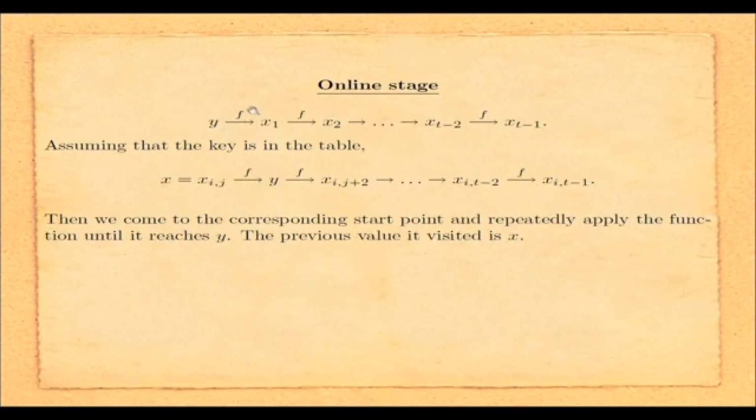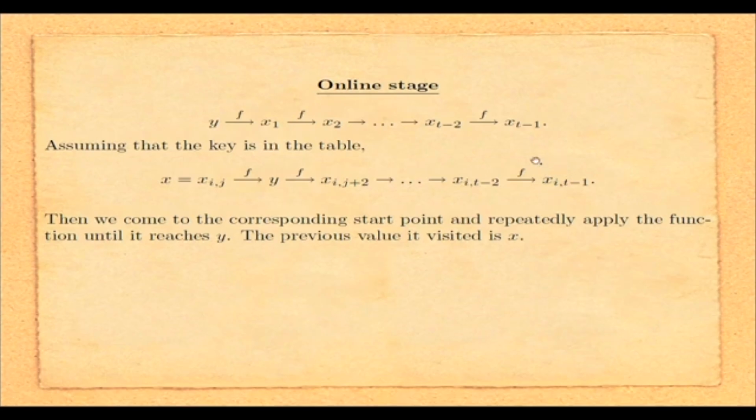So, we have y, we are applying f, and every time we are checking, we are matching, doing the binary search on this to check whether this is matching or not. So, this way we will continue. Now, suppose we got a match, then the previous value will be the k or x, but we do not have a way to come to the previous value, but what we can do, we know there is,